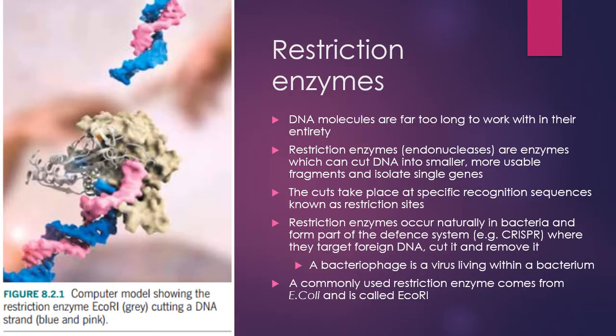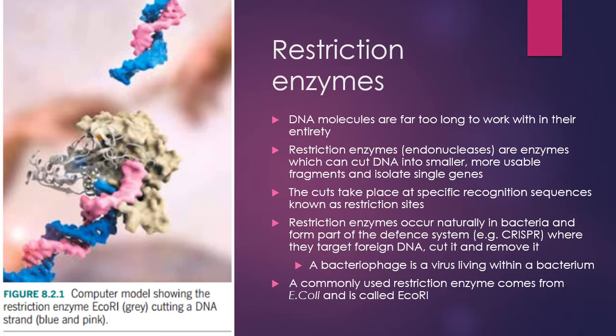All right, so we're going to go through the steps in making recombinant DNA. Recombinant DNA is talking about that. It is making a new combination of DNA, which is what happens in our GMOs. And the first part of that is the restriction enzyme, the cutting of the gene of interest that we're wanting